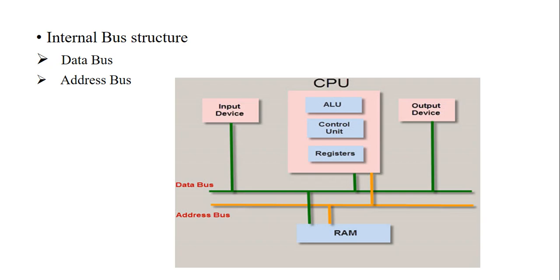Then the address bus carries the address of a particular memory location, a particular input device, or a particular output device. In a microcontroller, each thing has its own address. If I want to access something, I have to give the address of that memory location, and that address is carried by the address bus only. So the data bus and address bus are different. They are allocated differently. That's why the microcontroller is faster in application.